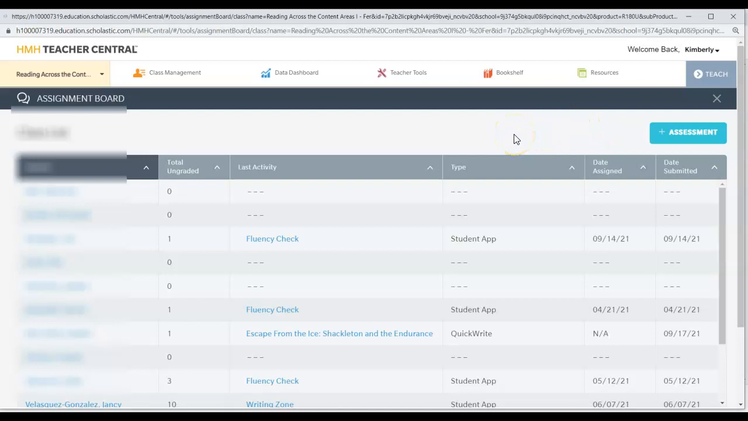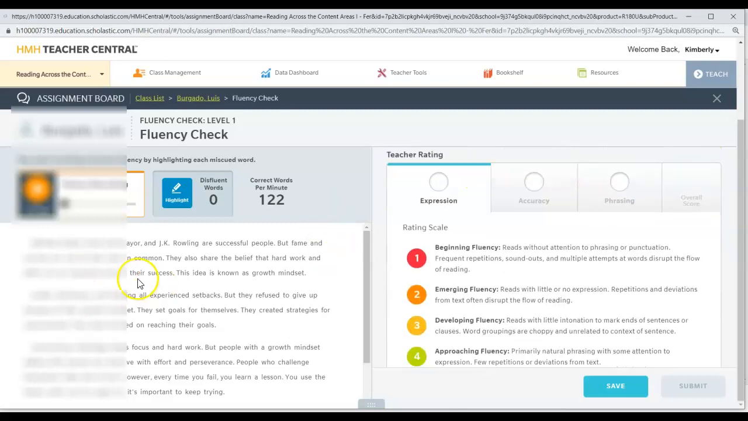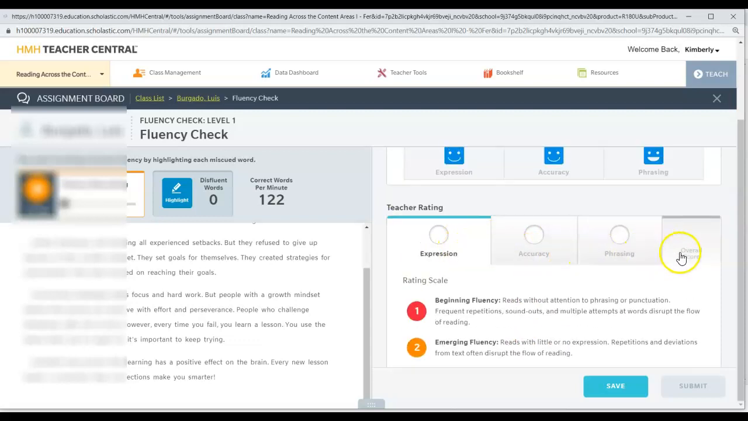During your Read 180, when they are doing the student application, there's a whole bunch of activities that they have to do. They're all here. So with a fluency check, you can actually listen to the student reading. You play this, and it tells you how many words they got right. So he ended up getting 122 words correct. Based on how he's reading, I can grade him on expression, accuracy, phrasing, and overall score. Then when I want to go back to teacher tools,